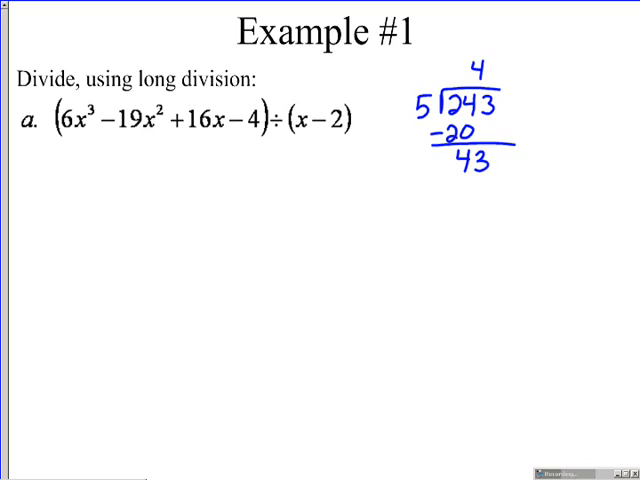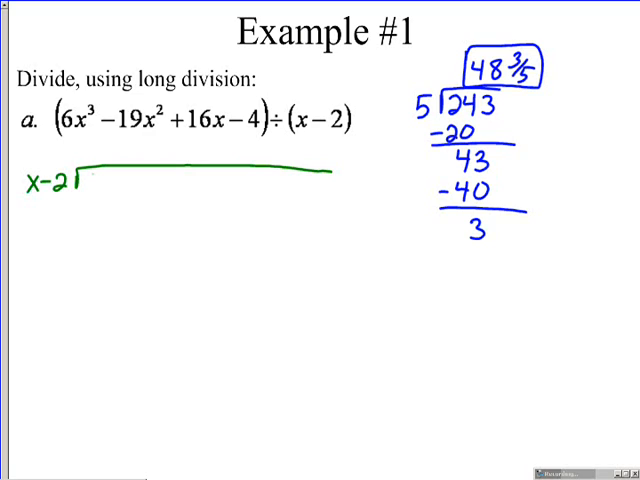5 goes into 43 then 8 times. We multiply. 8 times 5 is 40. We subtract that off. This represents our remainder, which is a fraction over the divisor, what we are dividing by. That process of long division is exactly the same thing as what we're going to do when we long divide polynomials. We're taking x minus 2,